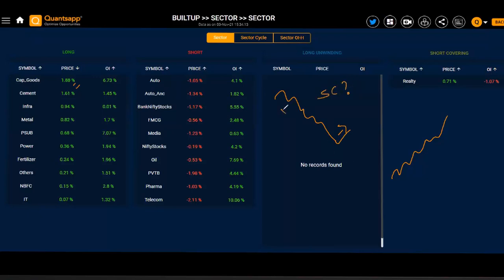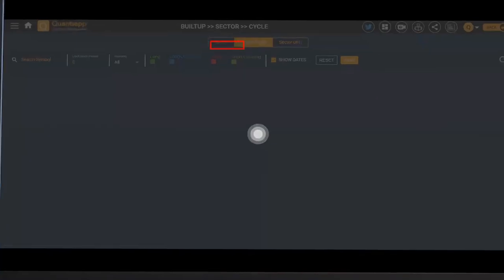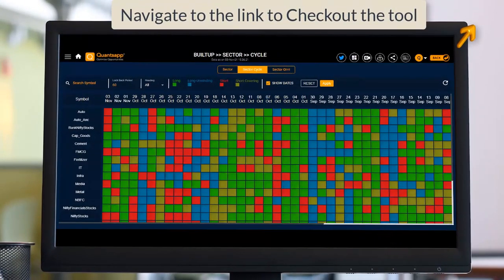Because net the strength is negative, it may be a possibility that today's pause in the negative trend will end tomorrow, and from tomorrow onwards the sector which we have picked up might take a negative approach. But let's say in this case, even if one dip happens, we know that net the strength is on the positive side. So we can use the sector cycle to identify whether the sector has strong strength or not.